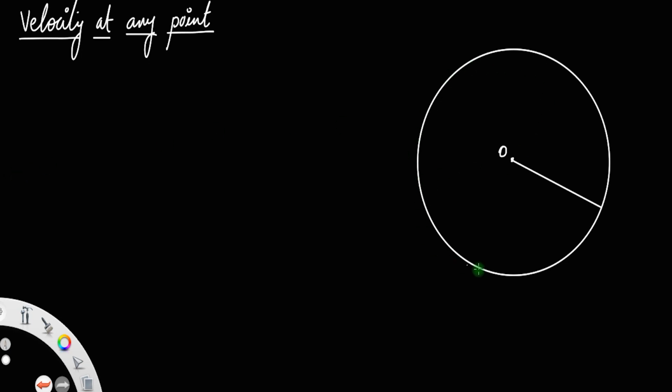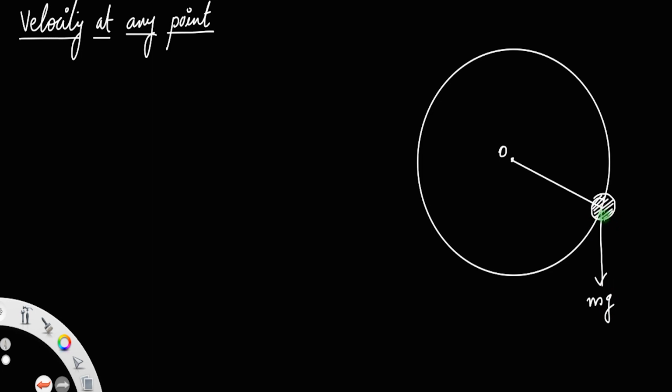Consider the motion of a body in a vertical circle. Let this be the body of mass m, rotating in a vertical circle. The different forces acting on the body are: one is the weight acting vertically downward, like this, mg,